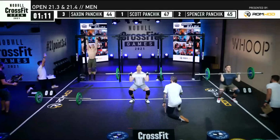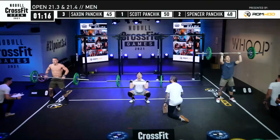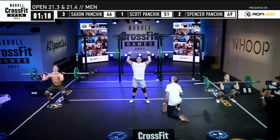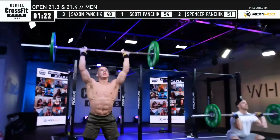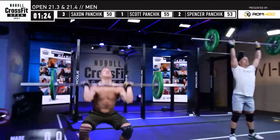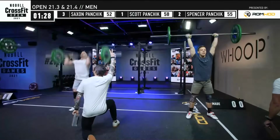Look at how fast he's pushing it up, pulling that bar down into that squat. Just look at the cycle rate versus him and his brother right next to him. I think that experience came directly from all the competitions. 8 Games appearances, man. Final couple reps now for Scott Panchik,